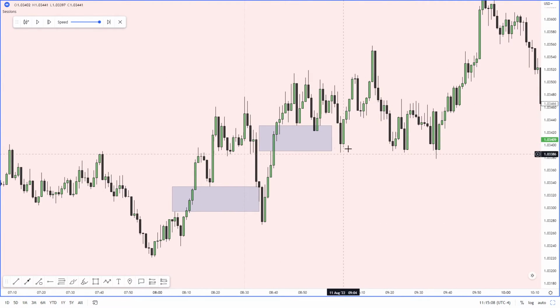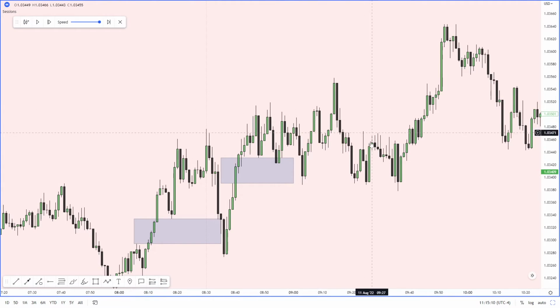Now, next fair value gap created here, aggressive move higher. If I remember correctly, I took this. A little bit of a high stop, high entry, which is again not something that I love, but overall was looking really well, right? It was looking really well, so I was fine with it.